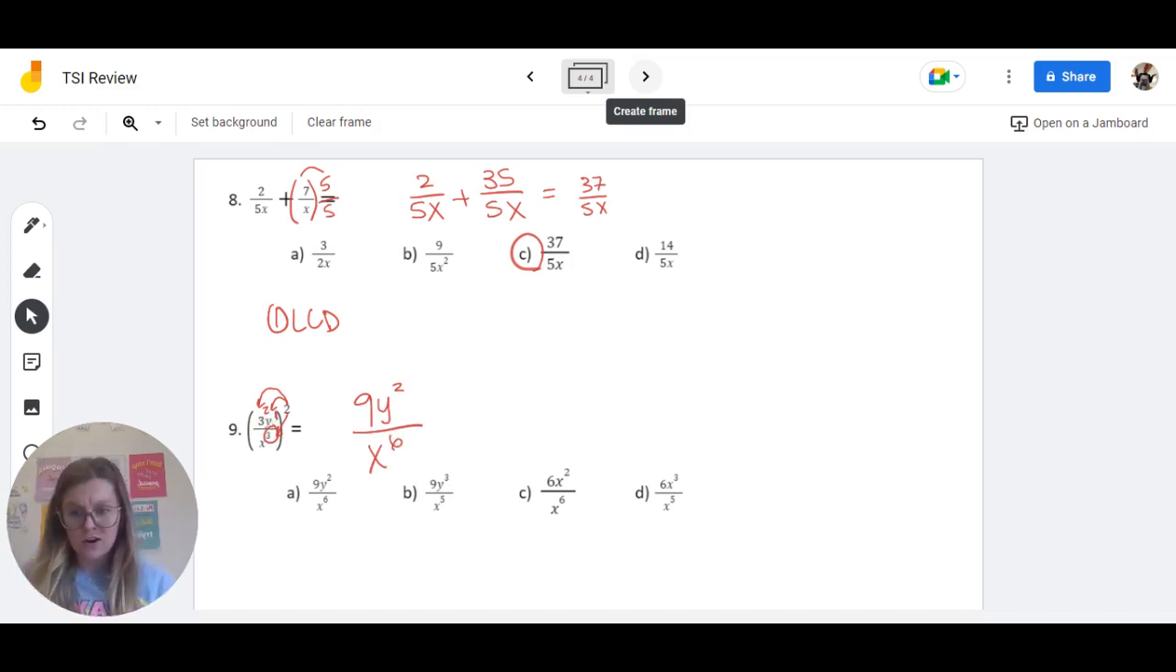So look how mean they were here. If you forget that 3 squared is really 3 times 3, they gave you 6. So we need to be very careful. We don't want those because we know that 3 squared is 9, and then down here is our answer choice